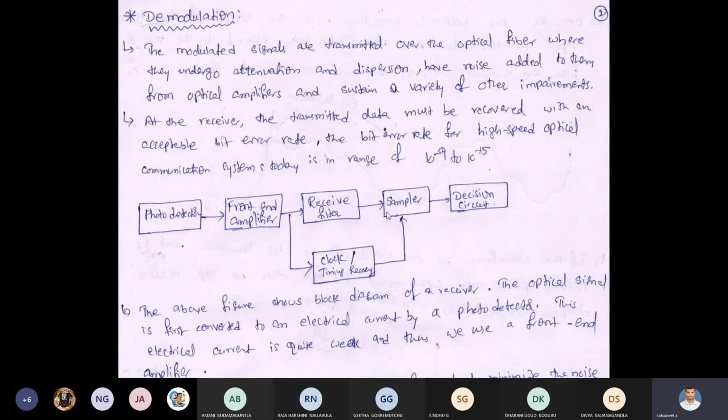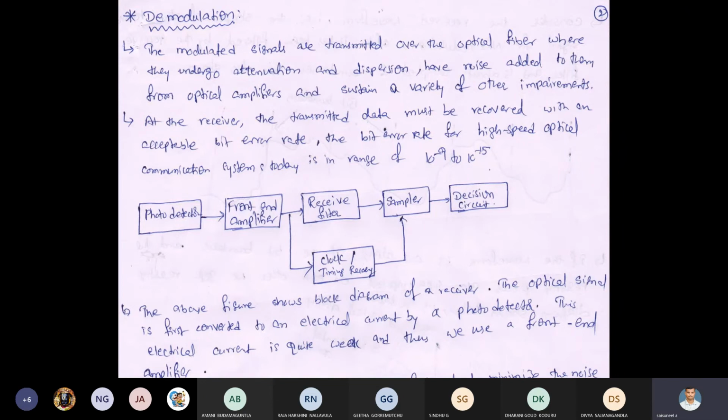But what is the data transmitted in terms of zeros and ones? We have to receive the signal as an electrical signal in analog form. That's why we go for the sampler circuit. What are the stages of sampling? Sampling is nothing but, based upon the sampling period, we divide the signal into a number of slots.